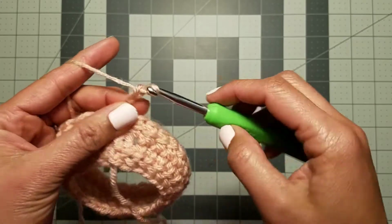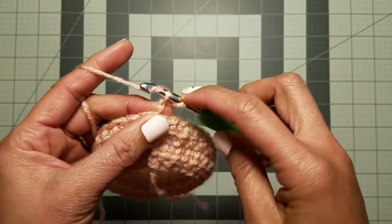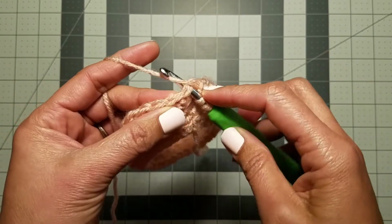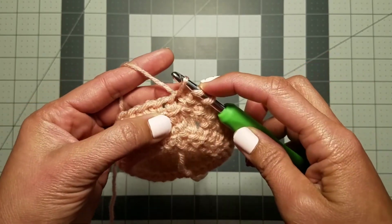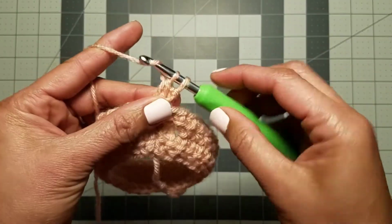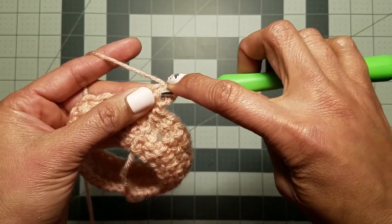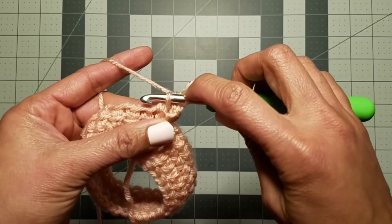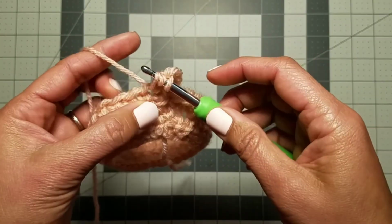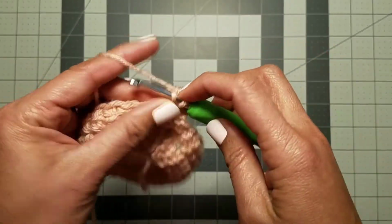Okay, so we chain 3, and then insert your hook right in the bump of the second chain from your hook and pull a loop, and insert your hook again into that first linked double crochet from the previous row, and you have 3 loops. Yarn over, pull through 2, yarn over, pull through 2. My third row has been started, and then I'll make another linked double crochet, insert my hook in the front bar there, draw a loop, and then another from the base here, and yarn over, pull through 2, yarn over, pull through 2. Another one,